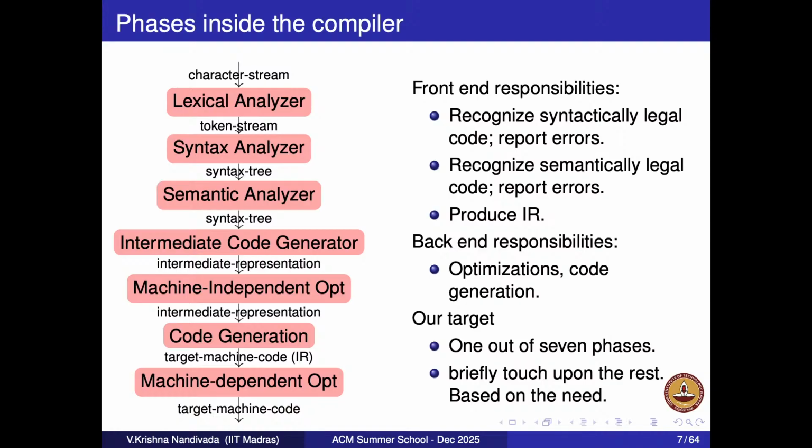So our target is only one out of the 7 phases. It's mostly machine independent optimizations. Most of the loop optimizations we are talking about are machine independent. Some of it could be towards the end we will do. Like Professor Uday said, even though it shows as a 7-phase compiler, the number of passes in a compiler is in the hundreds, and they are growing. Each of these can have many small passes within.